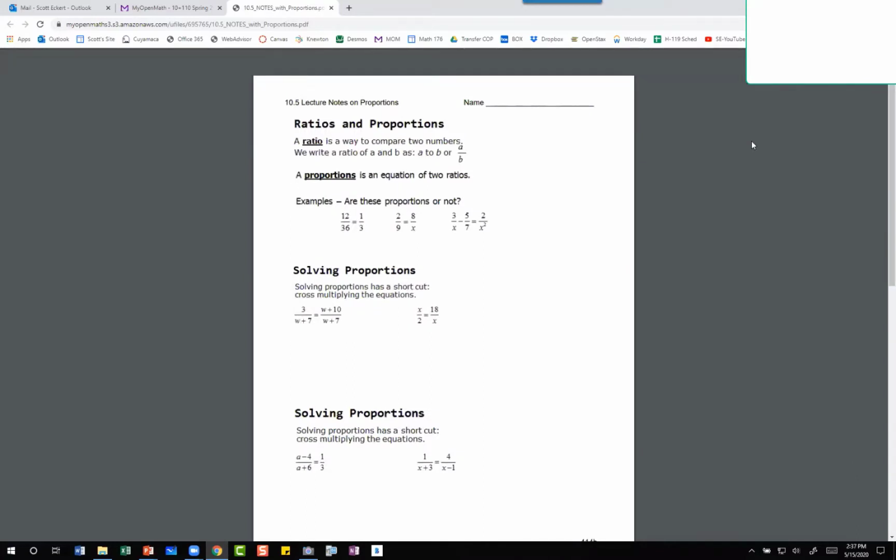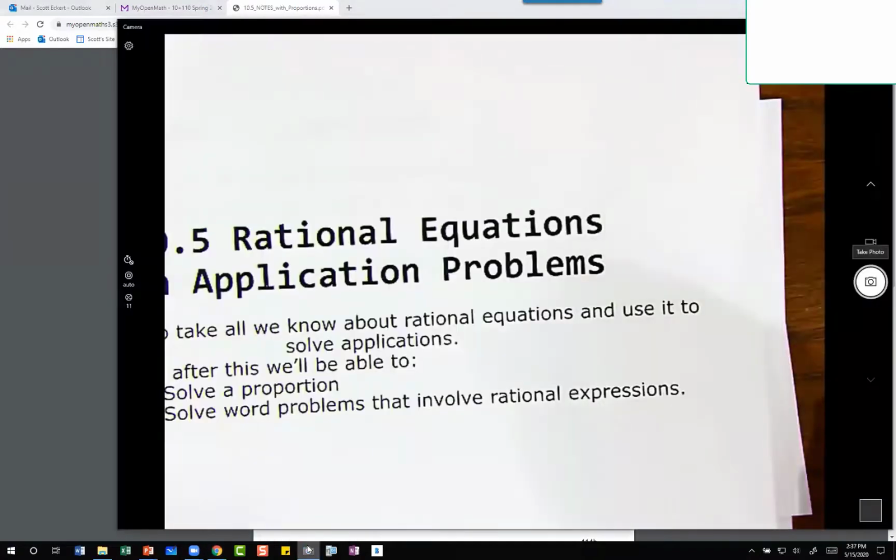So what we've been doing is kind of working on 10.4. But 10.4 and 10.5, they're a little bit mixed up. Everything that we're working on here is woven together, so it's kind of hard to separate them. And we're working on equations. And ultimately, the goal of the equations is to get to this. 10.5